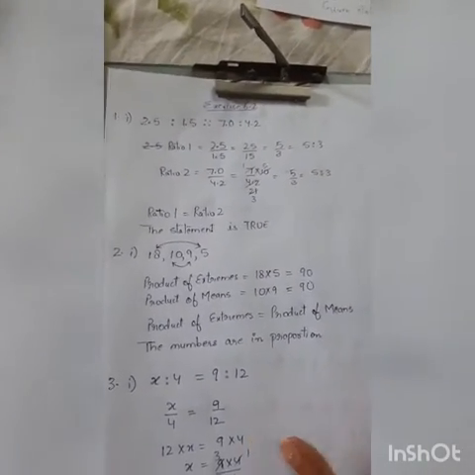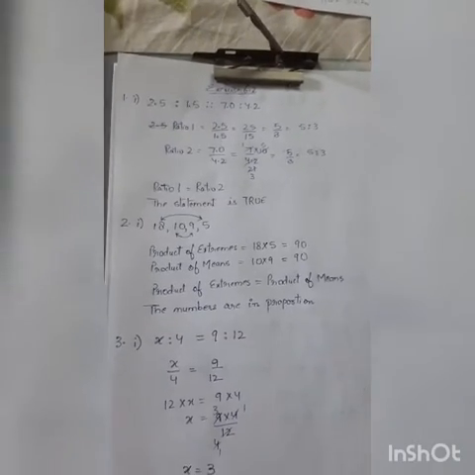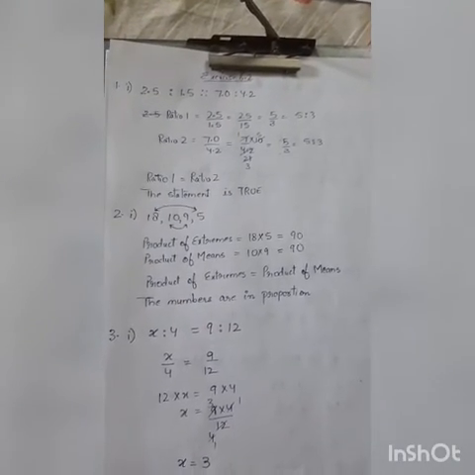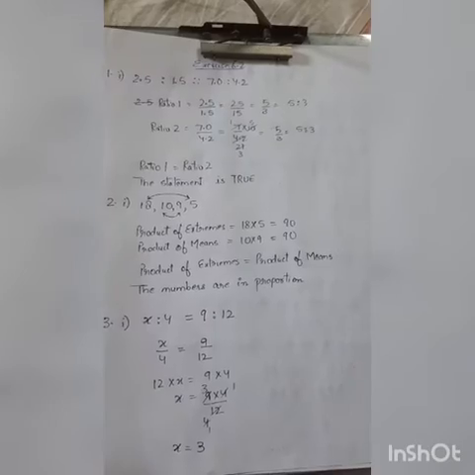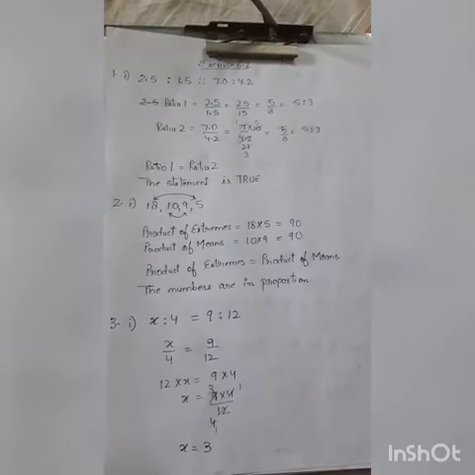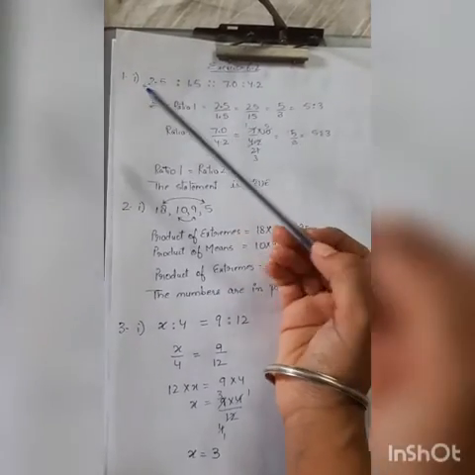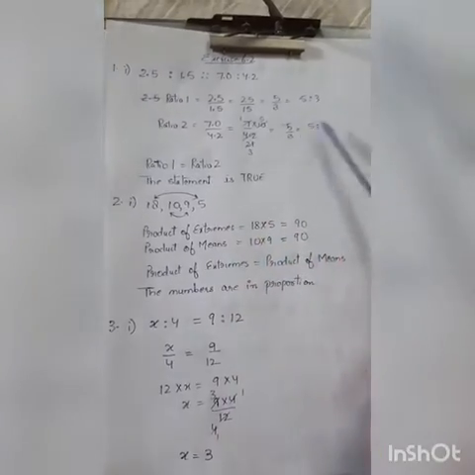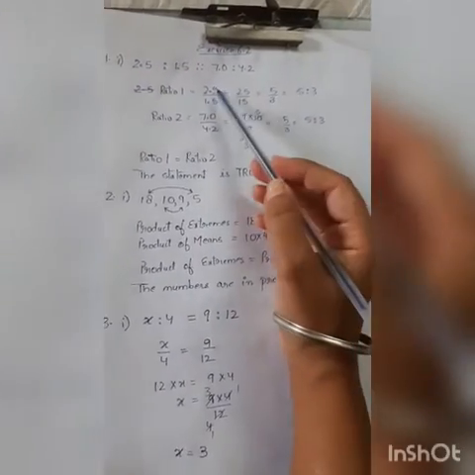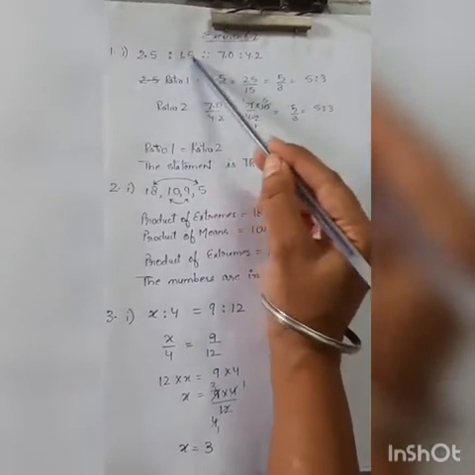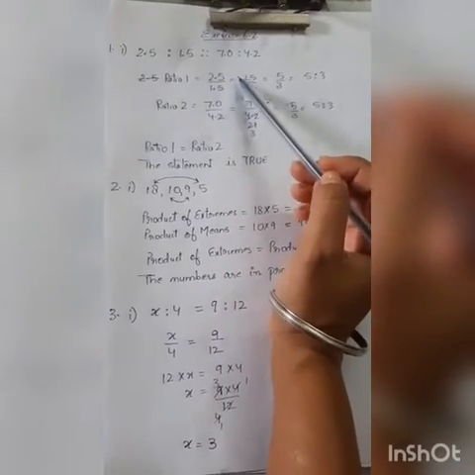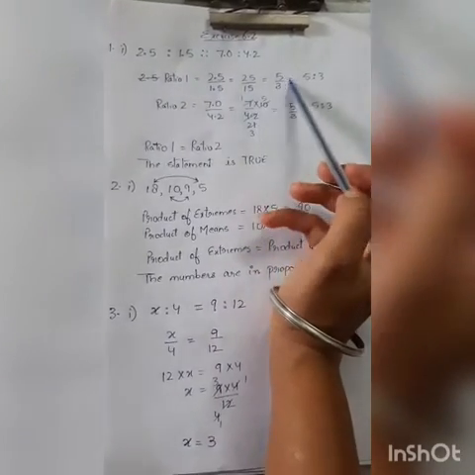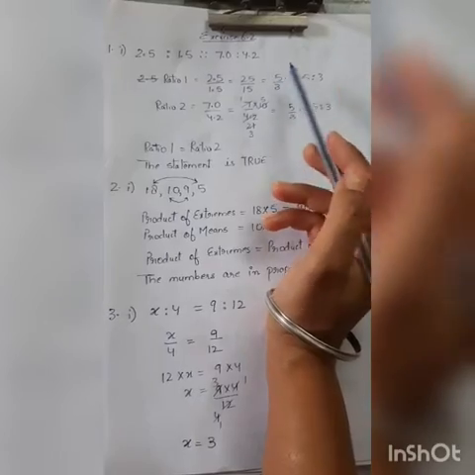Let's start with the discussion of the homework parts. Exercise 6.2, first part, second part, third part. These all were homework for you. So exercise 6.2, first question, first part. The ratios were coming out to be same. Ratio 1 was 2.5 divided by 1.5. The decimals cancel with decimal because it is 1 place decimal. I got the answer 5:3.